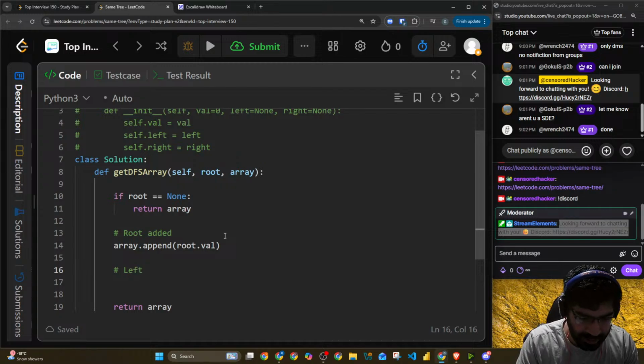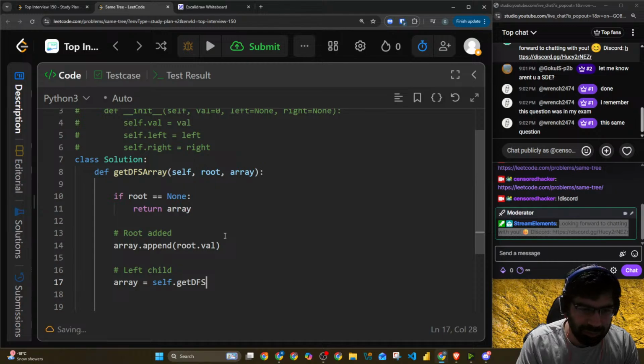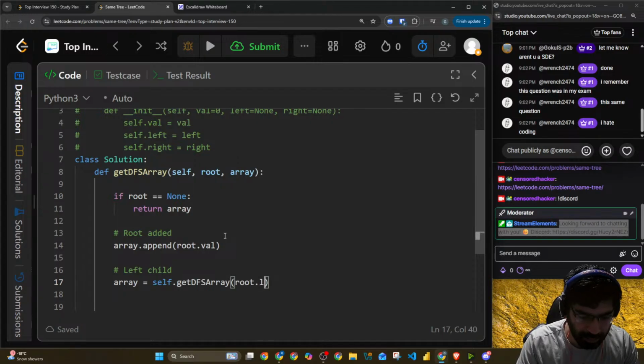So we have left child. No, I'll go like this. Call this one. It's going to append the same thing. So array is equal to self dot get. Oh, this was an exam. That's a good easy question you guys got then. Then we'll do root dot left,